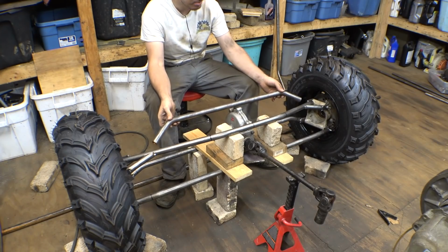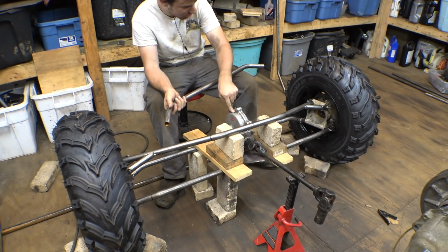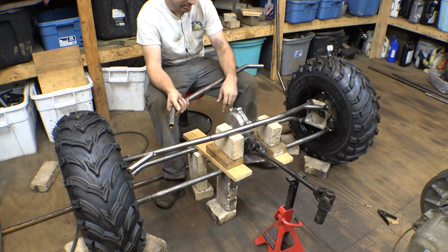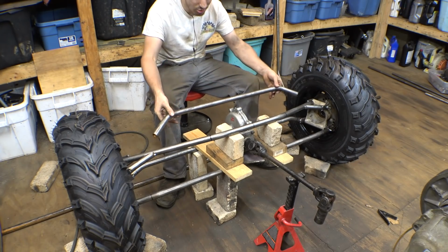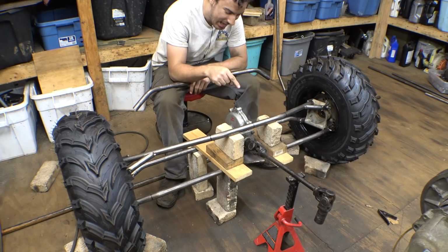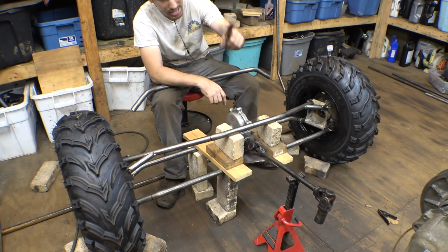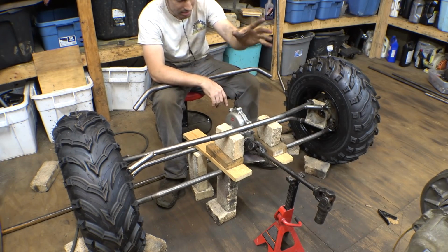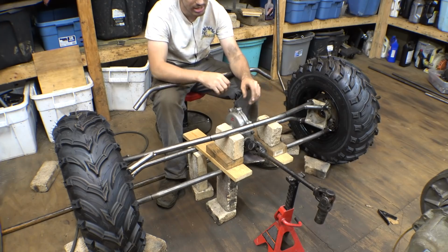So I do want to add a piece of tubing like this right here to protect the rear of the, what's this thing called? The differential. To protect the rear of the differential, but I'm not exactly sure where this should go, because we can't figure out where this is going in this frame right here until we know where the gearbox is going on the main chassis. So until we can build that part of the frame on the main chassis,